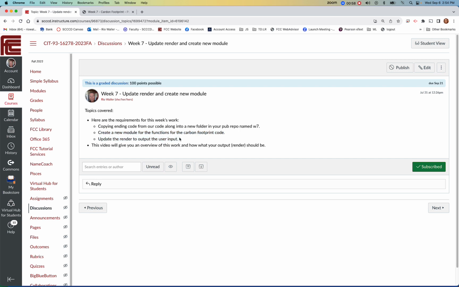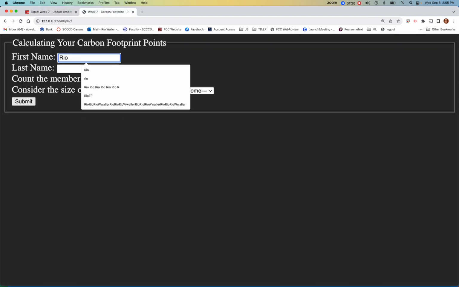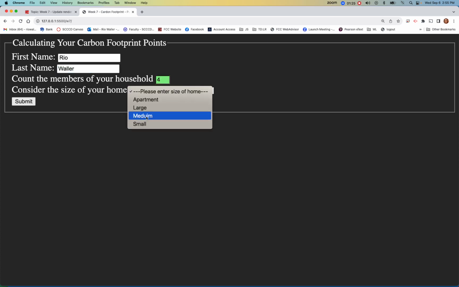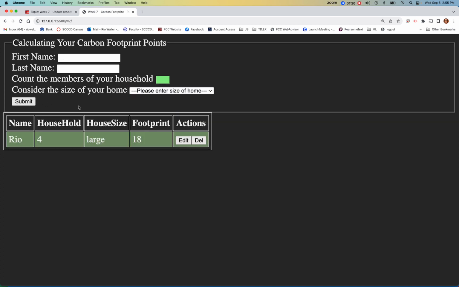Now on this last one, this one actually did take me a little bit to do, mostly because I tried different approaches, and the approach I have is not ultimately what we'll end up with, but for me it worked. So first let me show you what it would look like. In this case, if you were filling out the form, and let's say large, in this case, when you hit submit, you actually get the output from what the user